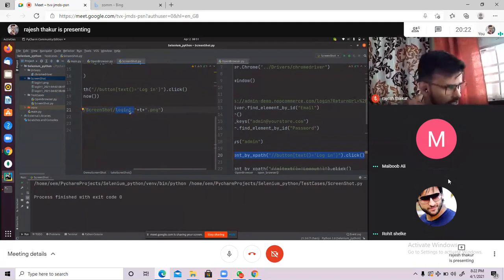But I am saying, every time, see, just now I ran it and a new login file got created, so it will overwrite, meaning the initial login.png you cannot see there. And you cannot make a difference between what was that and what is now.